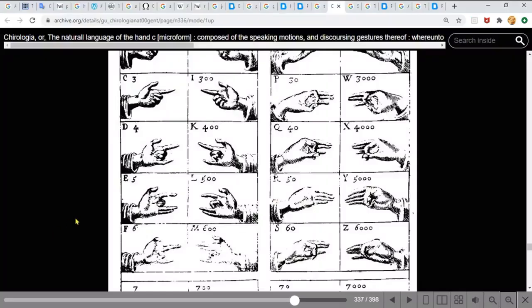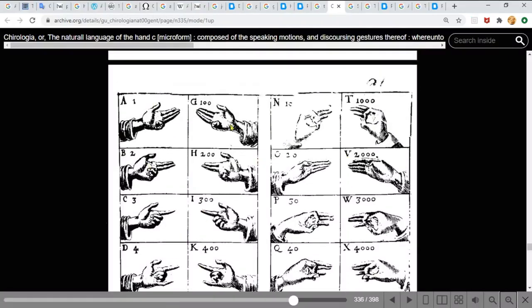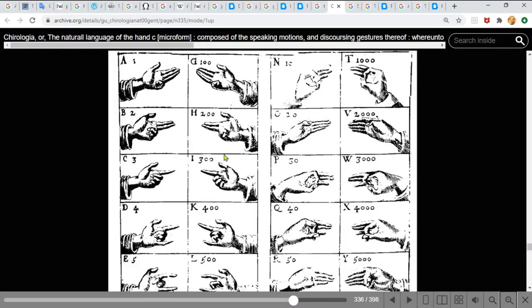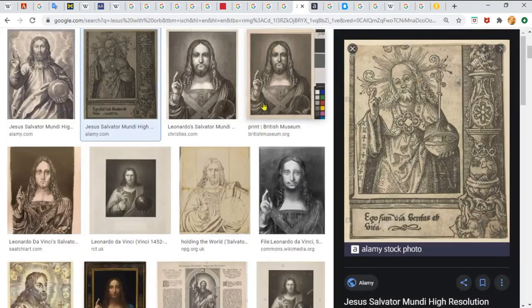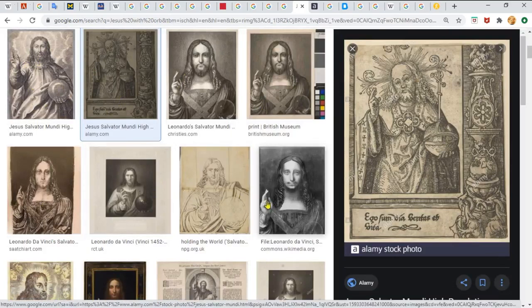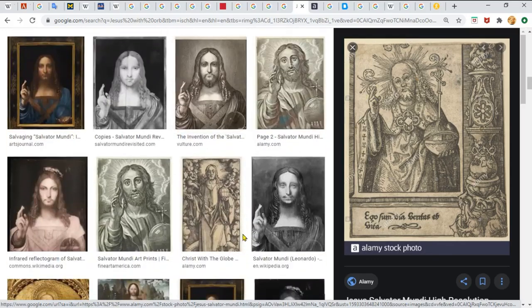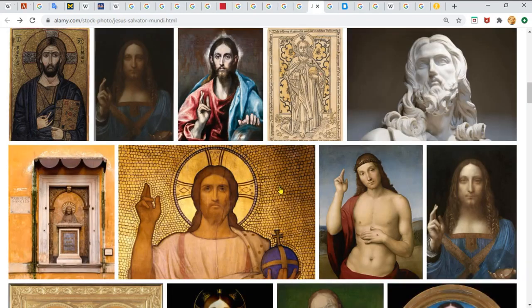So if you look at all the Christian art in the churches, you always see them throwing these hand signs. Jesus is always throwing these hand signs. Depending on what he's doing, he's got a different hand sign. And if you Google Jesus holding an orb, you'll see that every time he's holding this orb, he's always throwing this 2 sign. You see this orb and this 2 all the time. And so this orb here,